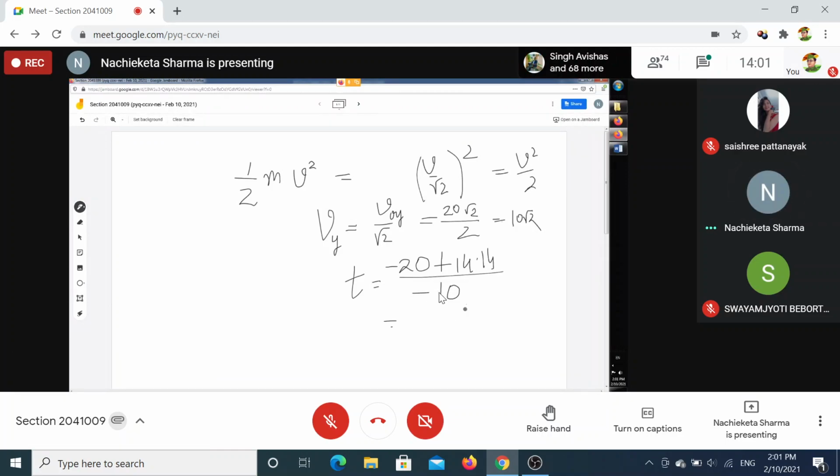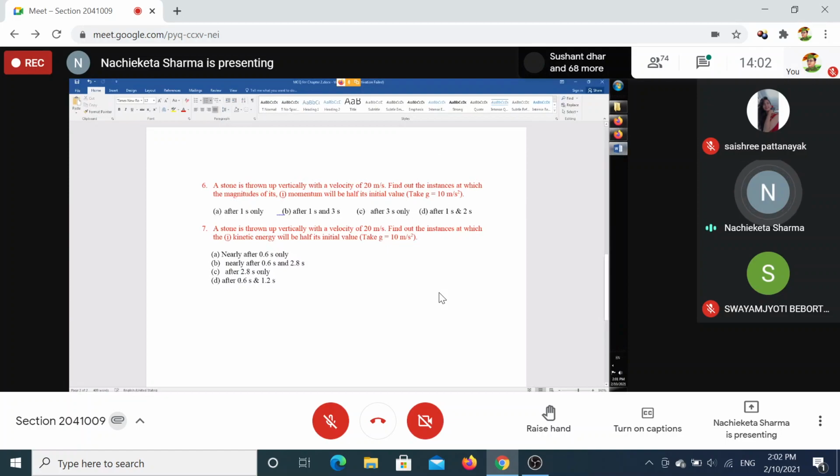You will find out, as he has rightly pointed out, 5.86 divided by 10, so that will become 0.586 second. And because it is taking 2 seconds to reach the top, 2 minus 0.586, and again there you have to add it, so you will find 2 times. You are right. So you have done it correctly.